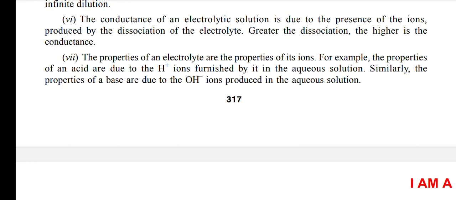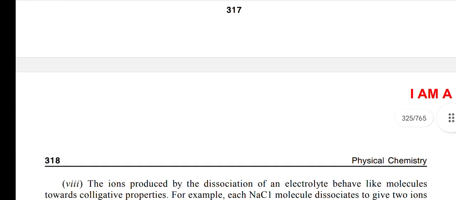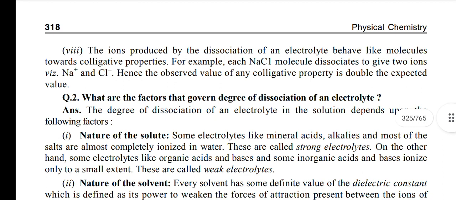For example, the properties of an acid are due to the H+ ions furnished by it in the aqueous solution. Similarly, the properties of a base are due to the OH- ions produced in the aqueous solution. The ions produced by the dissociation of an electrolyte behave like molecules toward colligative properties. For example, each NaCl molecule dissociates to give two ions, Na+ and Cl-. Hence, the observed value of any colligative property is double the